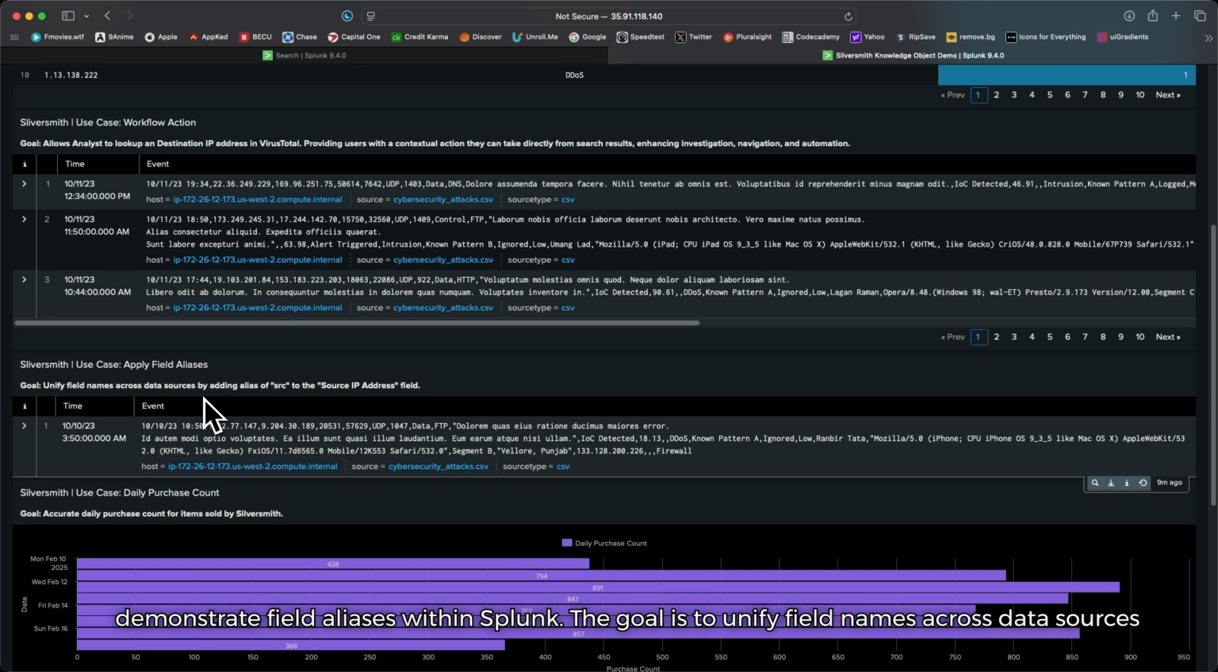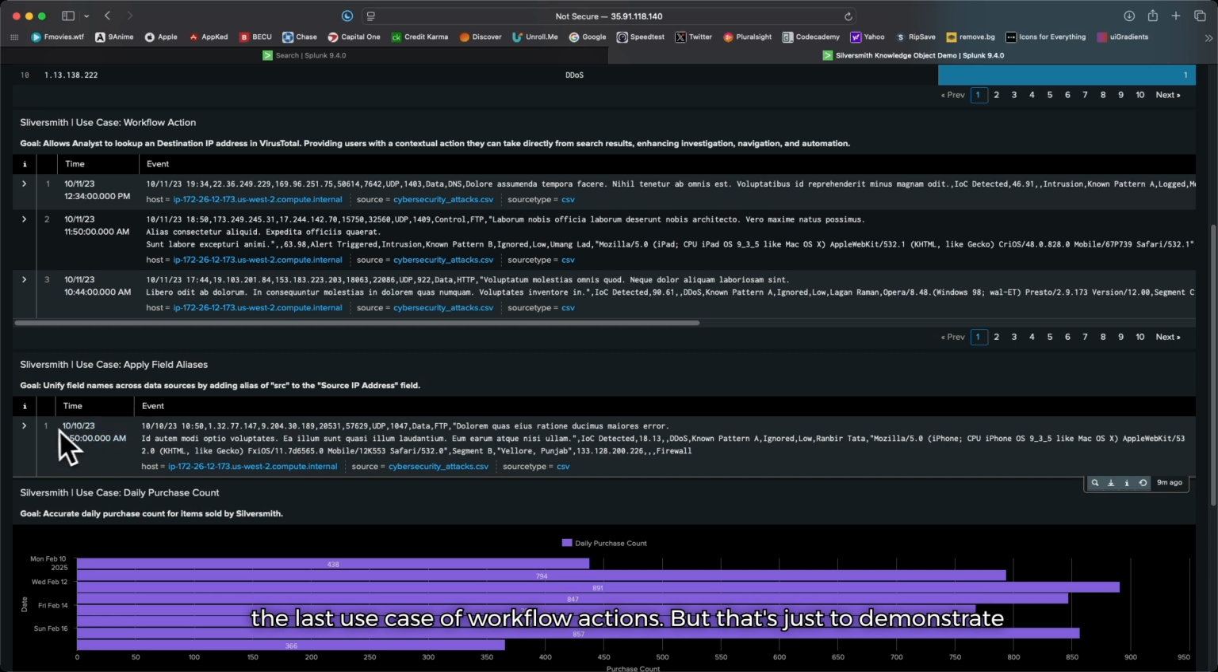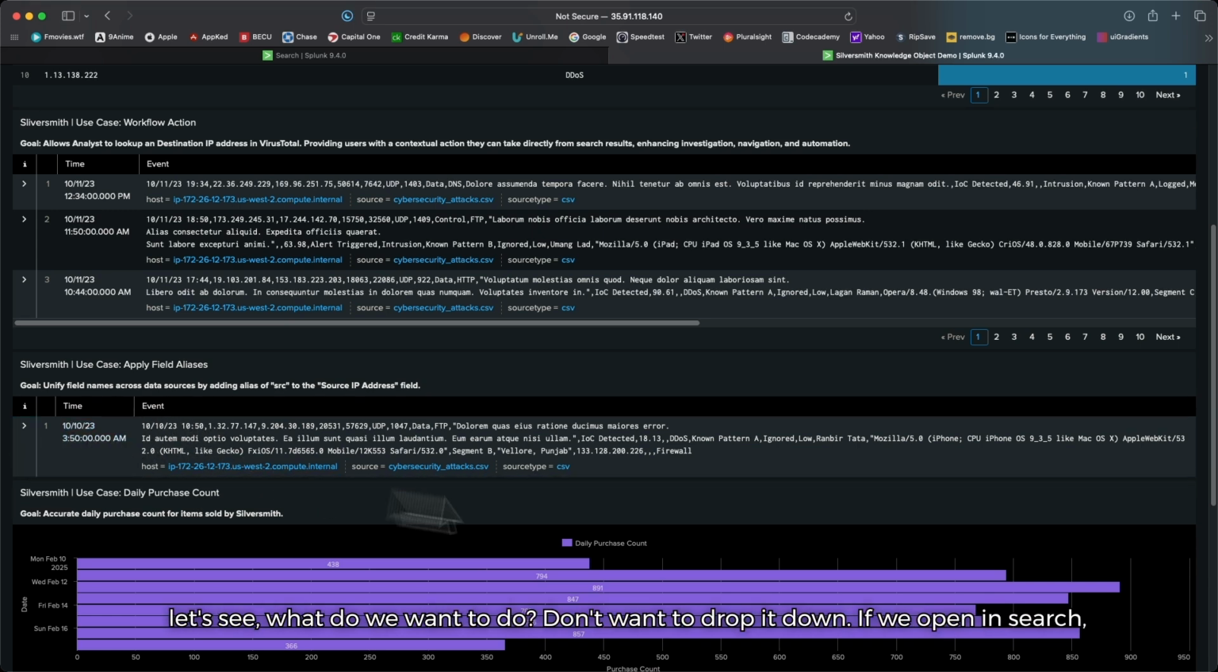For this one, I wanted to demonstrate field aliases within Splunk. The goal is to unify field names across data sources by adding aliases to different fields. And for this example, as you can see, it looks similar to the last use case of workflow actions, but that's just to demonstrate the whole use case. So we can see this is an event that has been logged. Now, let's see, what do we want to do? Don't want to drop it down. If we open in search,